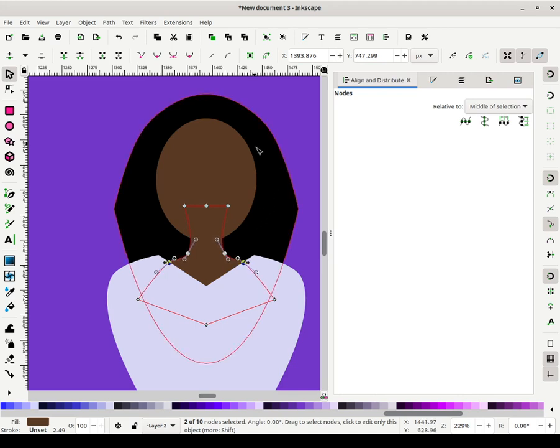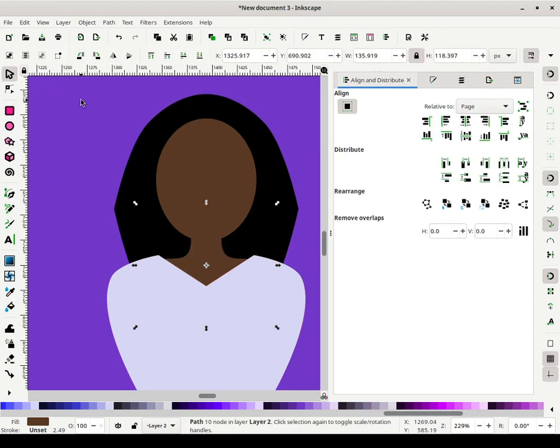Now she has a nice neck and shoulders. Let's give her face some shape.